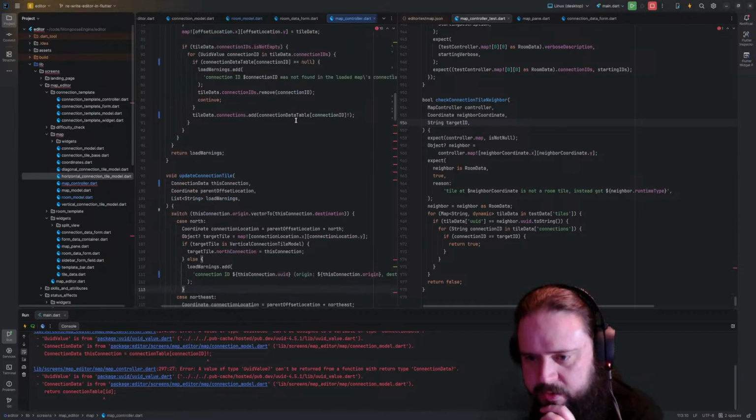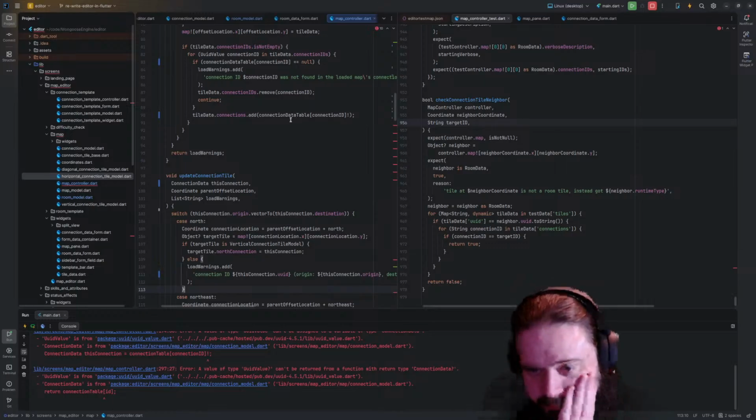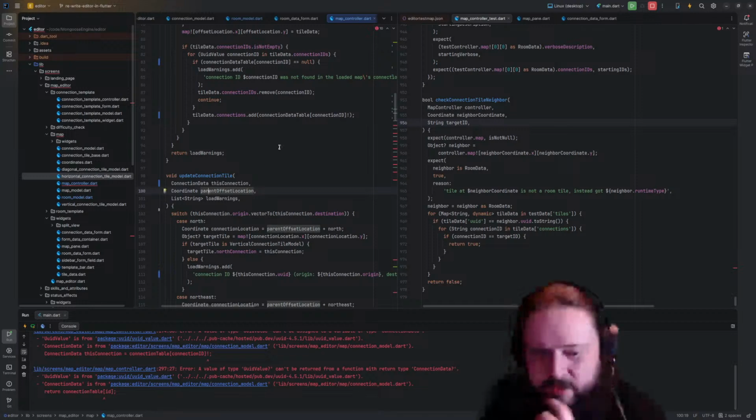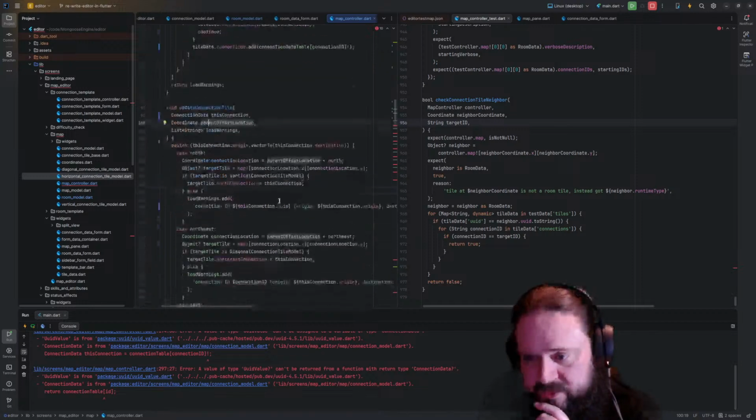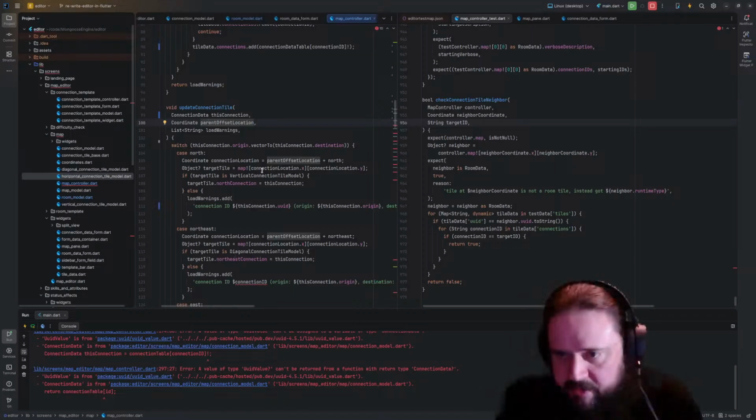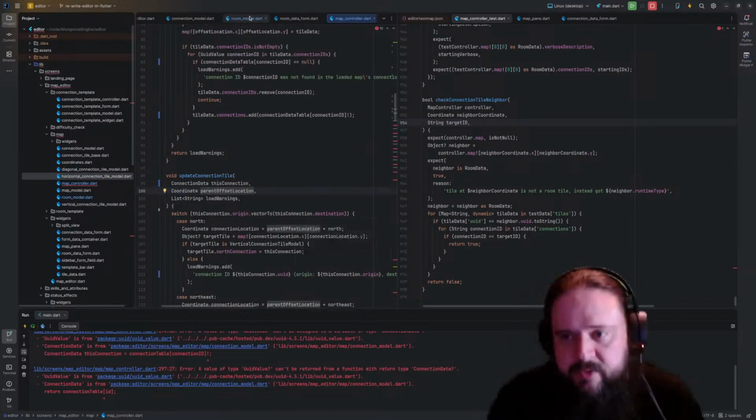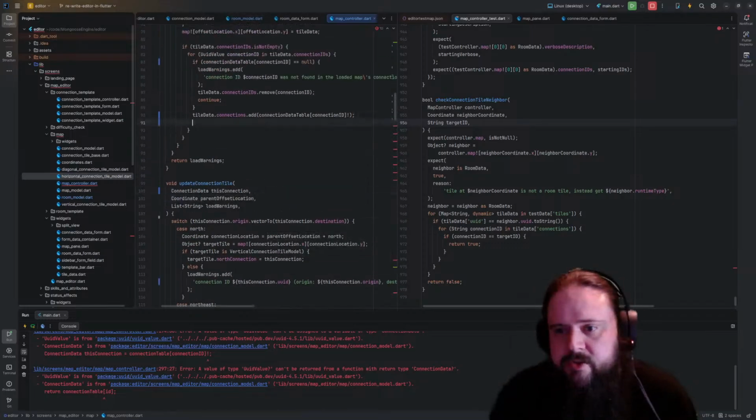Let's see here. And how can we reuse this more? So we won't have the offset location when we come back through to reuse this. We'll have to solve that problem in a minute here, but I think we can just tie in because we're going to save. Oh, speaking of which, I need to do